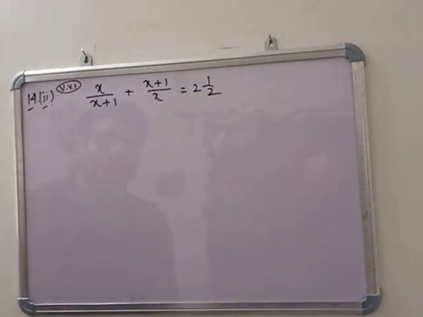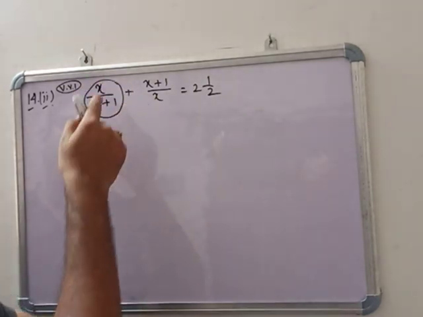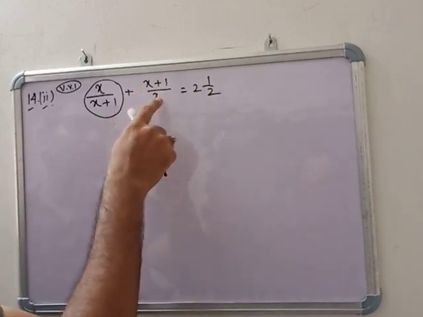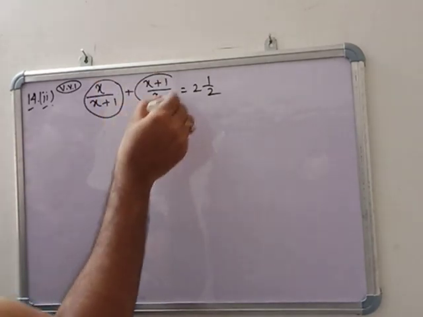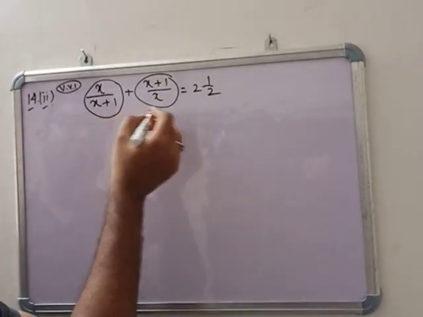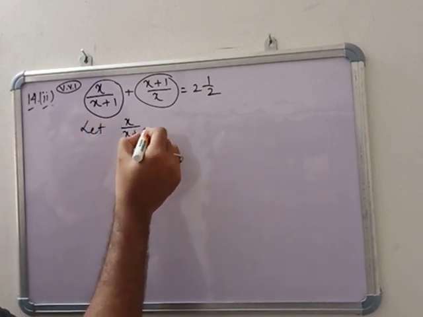When the same part is there with reverse, see that x by x plus 1 plus x plus 1 by x, same thing but reversely given. So two processes are there. I am showing the easy one. If normal you can do the normal process, otherwise we can do, let x by x plus 1 equals to